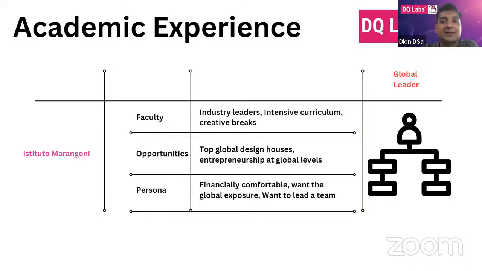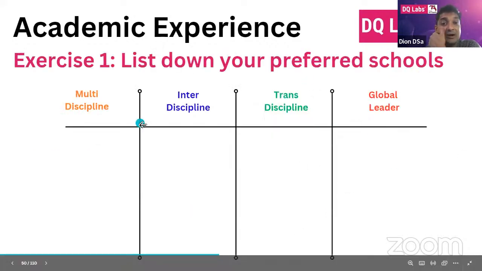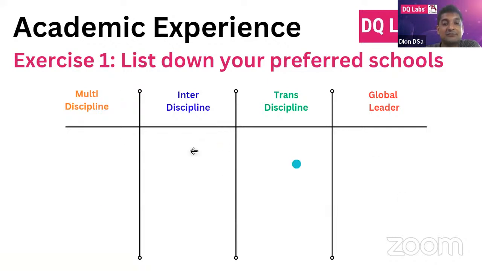And I would attribute her achievement to the creative break that she got, right? Whether she understands it or not, that's a secondary thing, but it's that break time that she got that actually helped her. So we've covered this list. Now, what I want you to do is maybe pick here which one of these you would, or maybe note it down. You may want only the multidisciplinary or the transdisciplinary, or maybe both of them, right? But the idea is that you eliminate at least one or two of these, right?